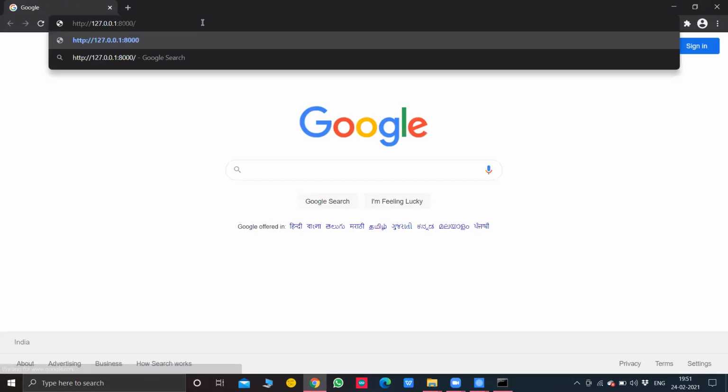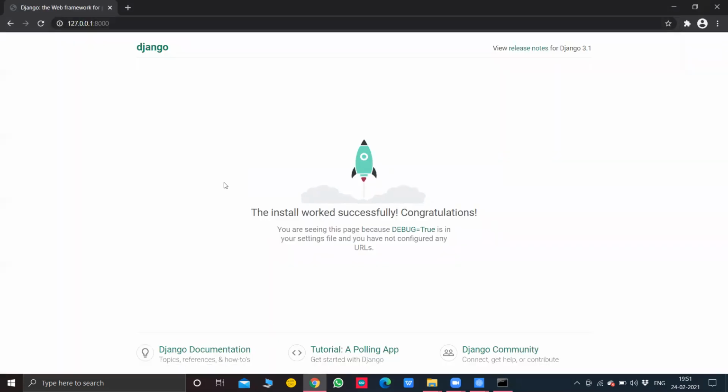When you open it in the browser, if it shows this much, this shows that Django is successfully installed, and you can do the further things efficiently. One note: you can see there is a tutorial saying a polling app down here.